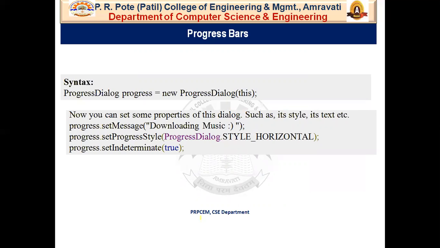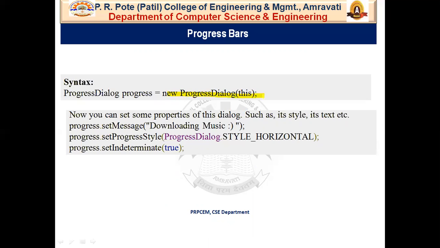So in Android, there is a class called ProgressDialog that allows you to create a progress bar. In order to do this, you need to instantiate an object of this class. So this is the ProgressDialog and this is the new object that you have to instantiate to create a progress bar.